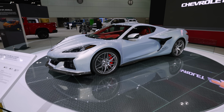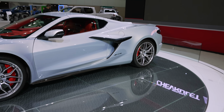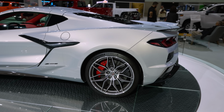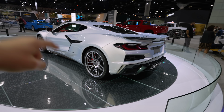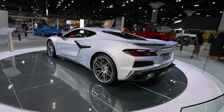Check this out, right in front of us we have a new 2023 C8 Corvette Z06. This one is finished in a really amazing looking metallic silver. I forgot the exact name, but please let me know in the comment section down below what it's called again. But the one that we reviewed, well, did a full tour of with the engineers, was the Accelerate Yellow Z07